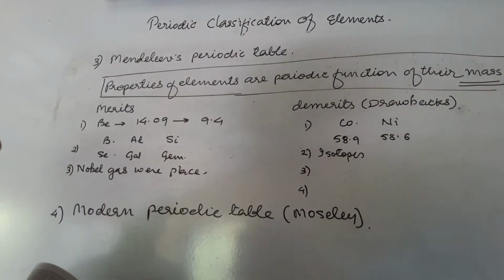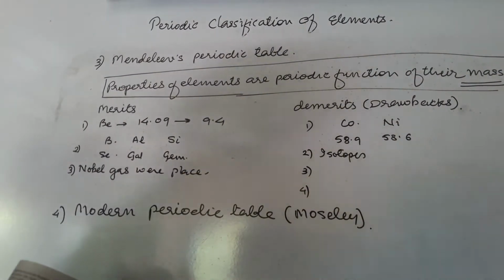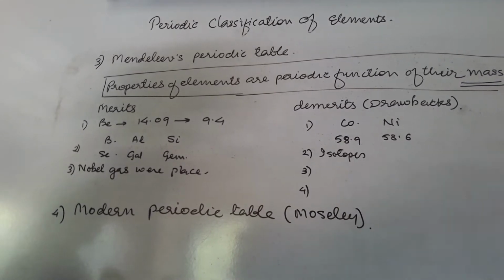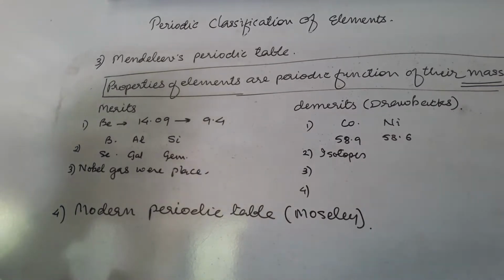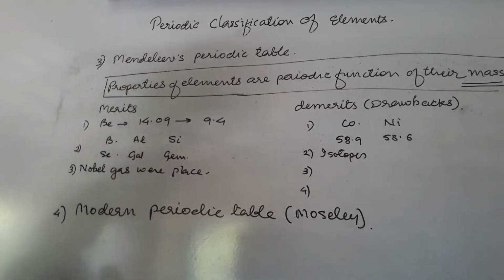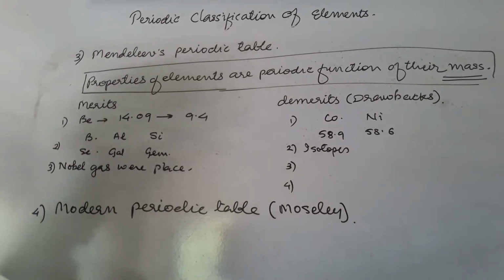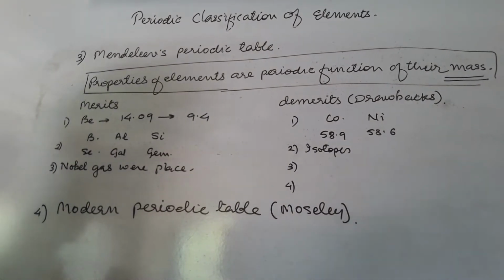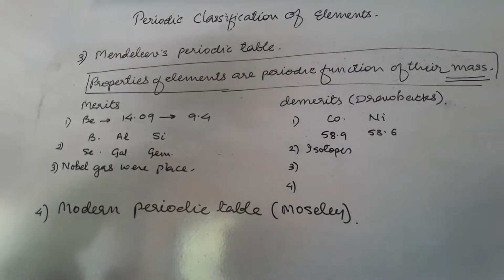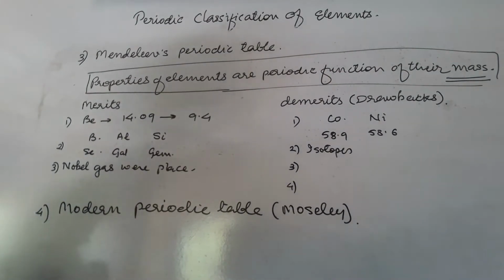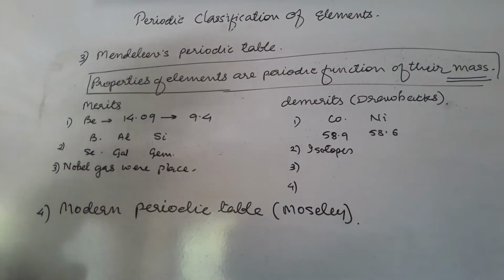So we know what is periodic. Periodic means when a certain incident takes place in equal intervals of time again and again. As we know, the day is periodic, the year is periodic, but the month is not periodic, because a month is sometimes 30 days, 28 days, 31 days. So months are not periodic. But weeks are periodic, because after Sunday again comes Monday, Tuesday, and again Sunday. So it is called periodic. Periodic means a certain incident takes place in a particular interval of time.